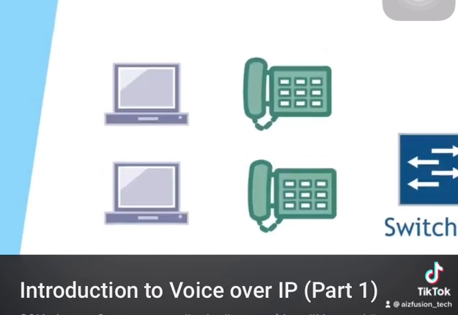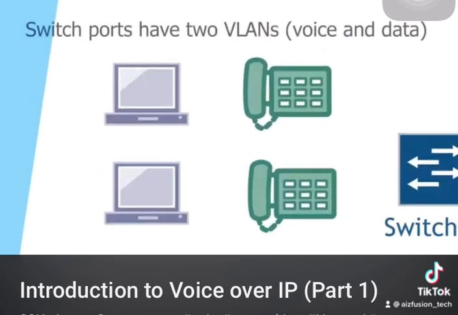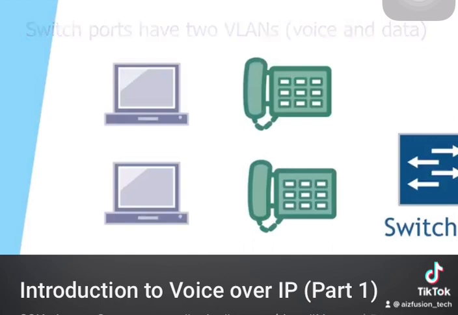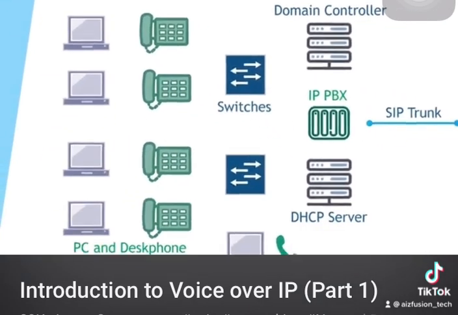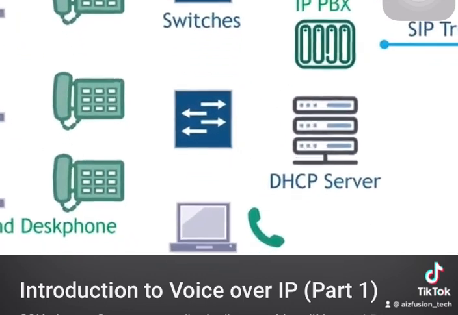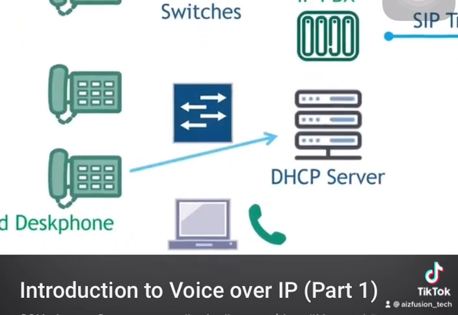Does this mean that we are now mixing our regular data with the voice traffic? Also no. The upstream switch port is configured with 2 VLANs. One is the voice VLAN, which we spoke about earlier, and the other is the regular data VLAN that the PC connects to. So the phone is connected to the network and it has power. It gets some basic information from the switch using CDP or LLDP, but that is not enough. It also needs an IP address and it needs to learn about the PBX. So for this, it uses DHCP.